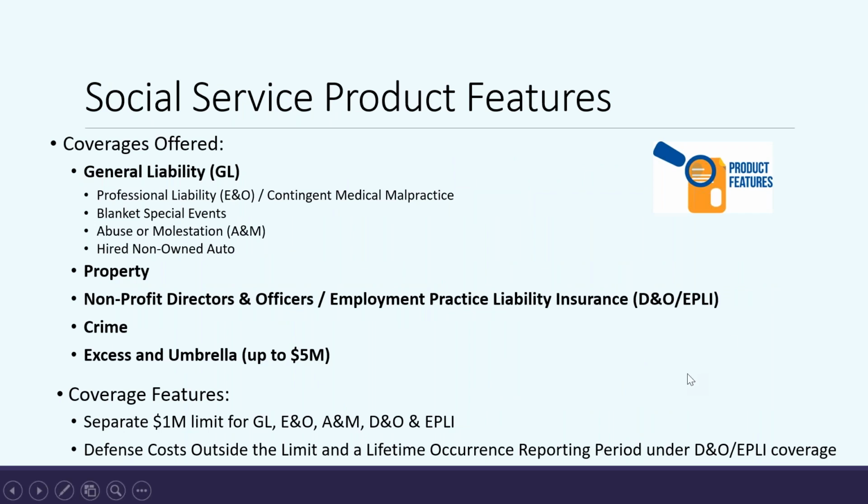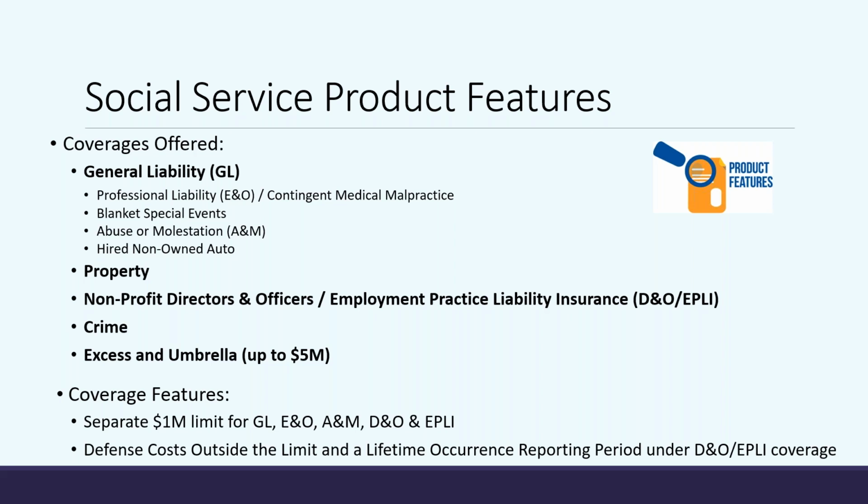So the way we do the umbrella at USLI at least is going to be over the GL. We can go over our D&O and EPLI, but it would have to be USLI's D&O and EPLI. Again, CID could have another option there, but from USLI's perspective, the umbrella and the excess go over just the GL, and then the D&O and the EPLI if it's USLI. The GL, we could actually go over another carrier's GL. We also do have the option of going over the E&O and the abuse and molestation. I believe that's only up to about the 1 million excess.